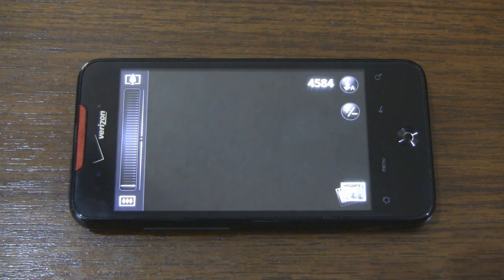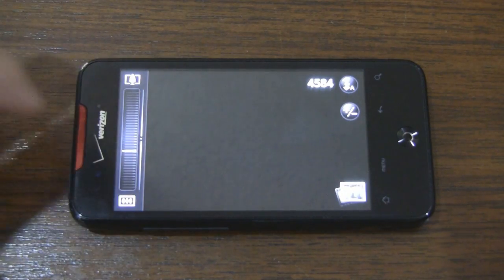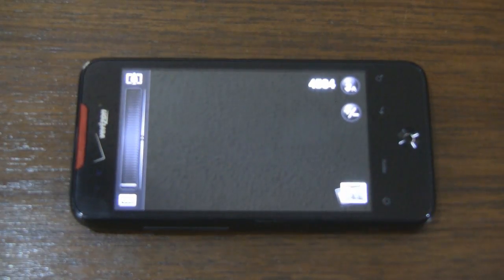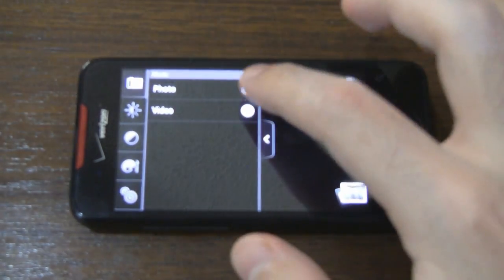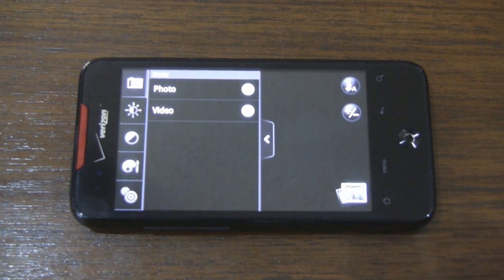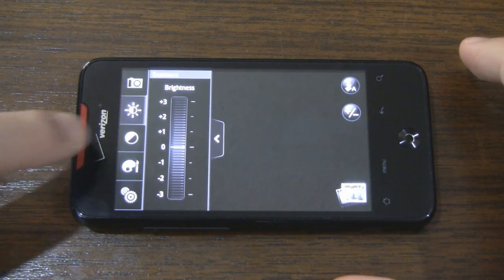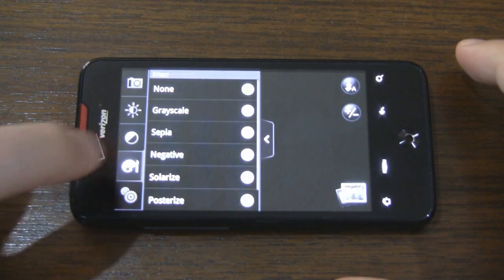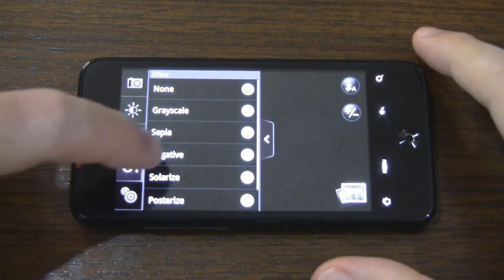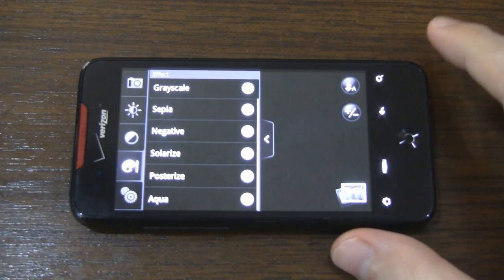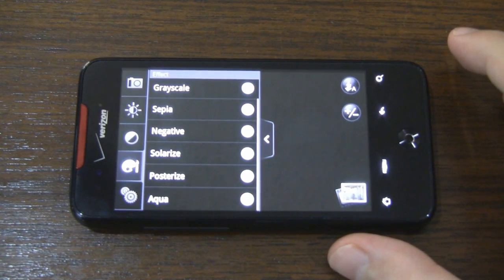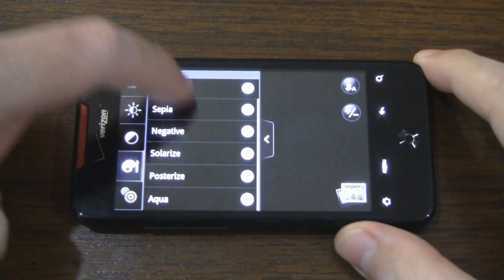You can zoom in easily by pressing that and using the touch screen. This will pull up the picture album. Here we can switch between photo and video. Brightness settings, contrast, saturation, sharpness settings. We can add some effects like grayscale, sepia, negative, solarize in case you want to pretend you're the predator, posterize, aqua,